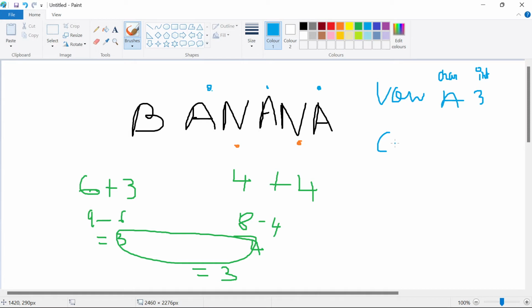For consonants, we have N with 2 and B with 1. I'll be picking the maximum occurrence of a vowel or consonant, keeping that as it is and converting everything else. Let me show you what I did.